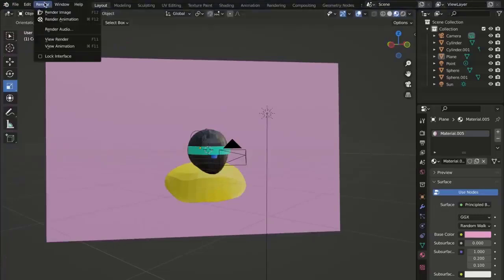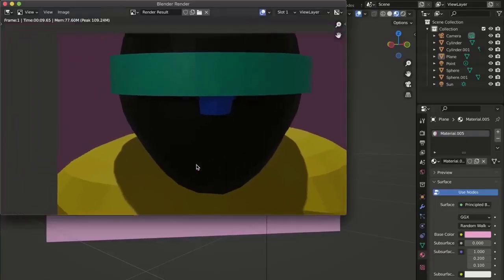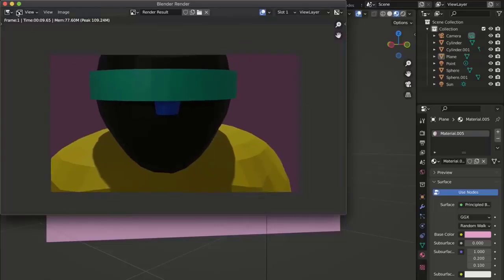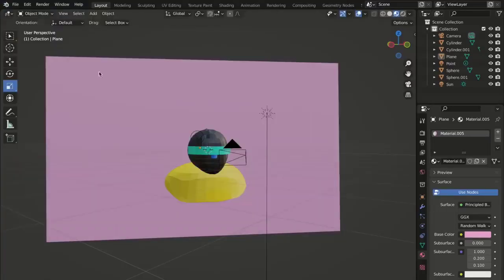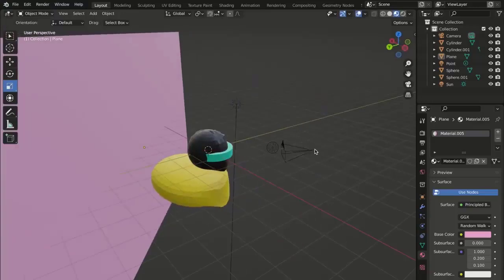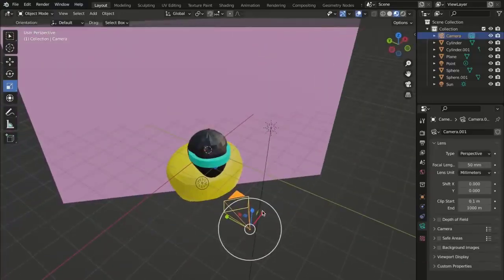So I'm just gonna click it now, render image, and we will see if we have to change something with the lighting and the camera. So that's the way you can basically just check it all the time. As you guys can see, it's way too close and the light is not looking as good as I want it to look. So first of all, we are going to take the camera